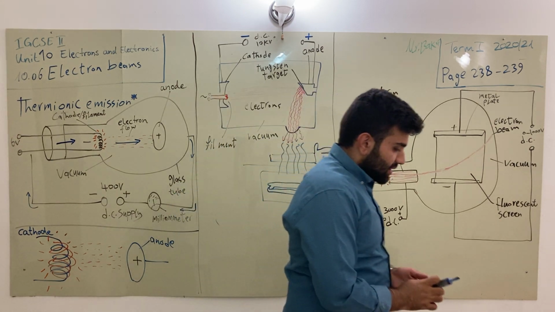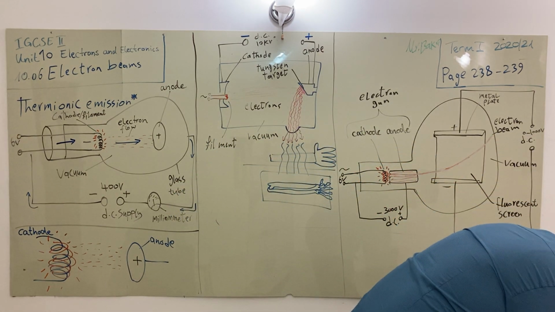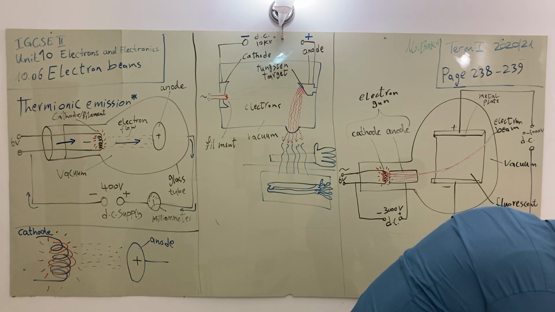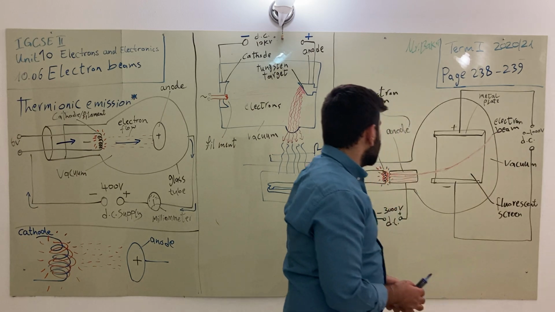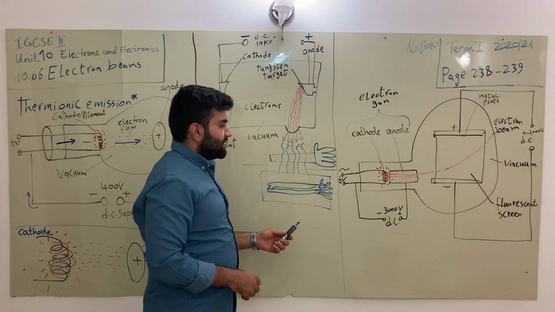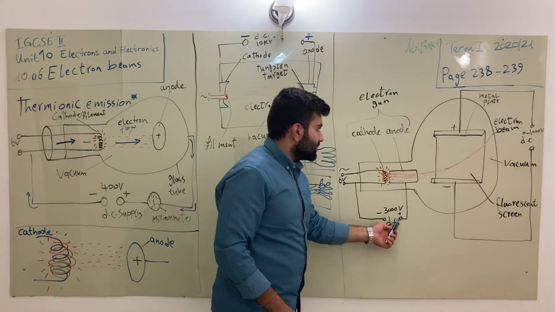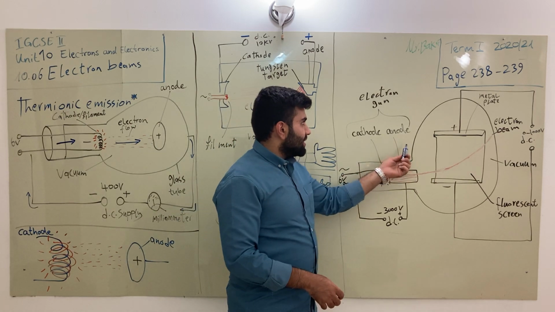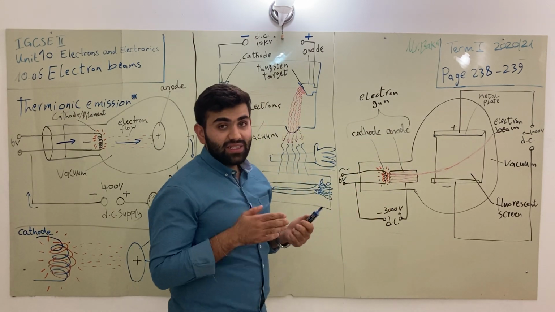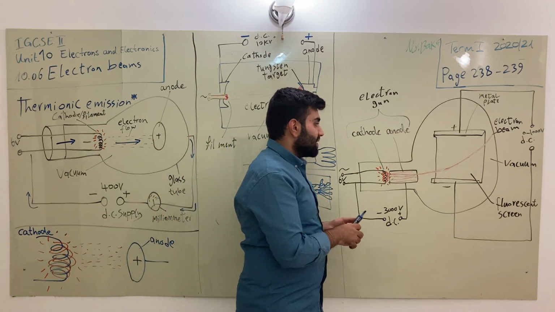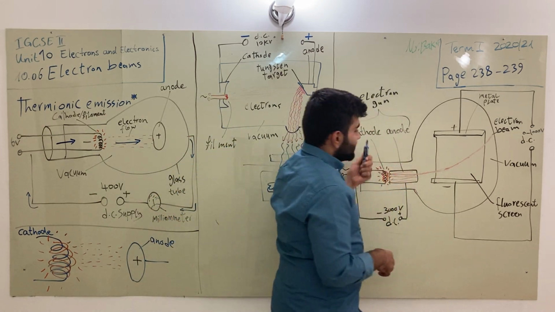Last thing we're gonna talk about is the deflection tube. So what's happening in the deflection tube is also the same thing. High voltage for the cathode and the anode. We call it an electron gun because it sends the electrons. So this, from its name,